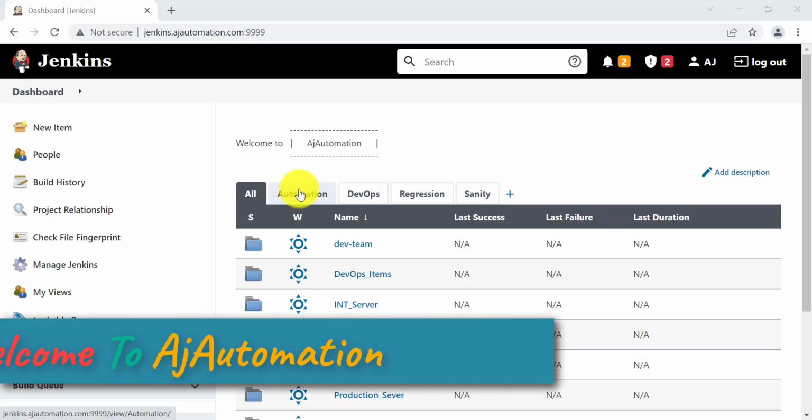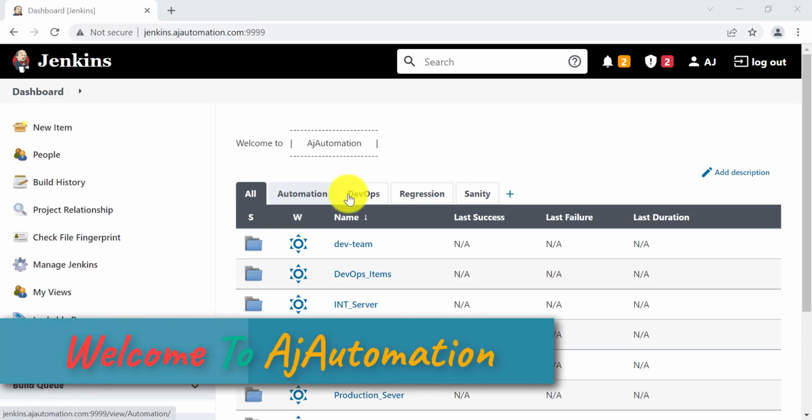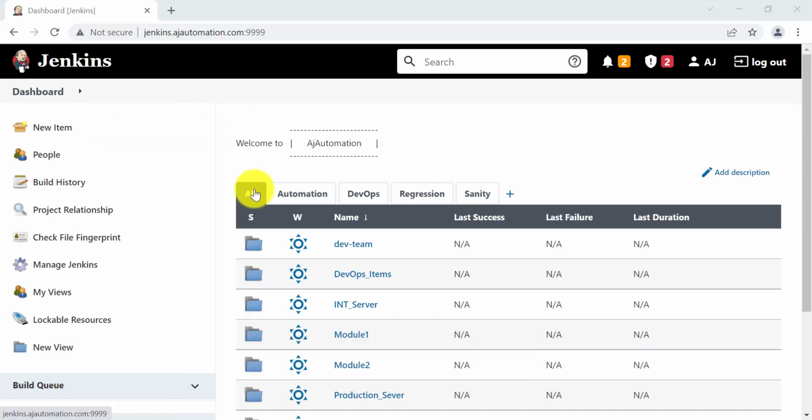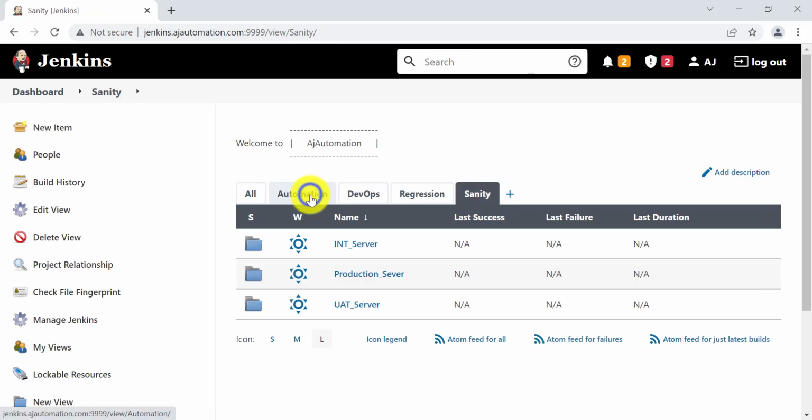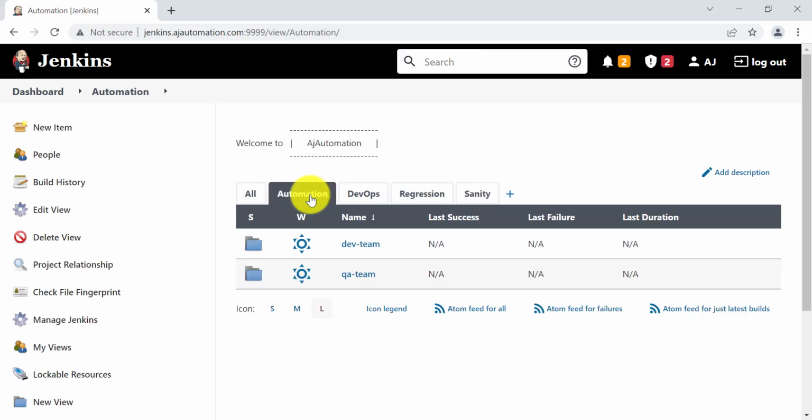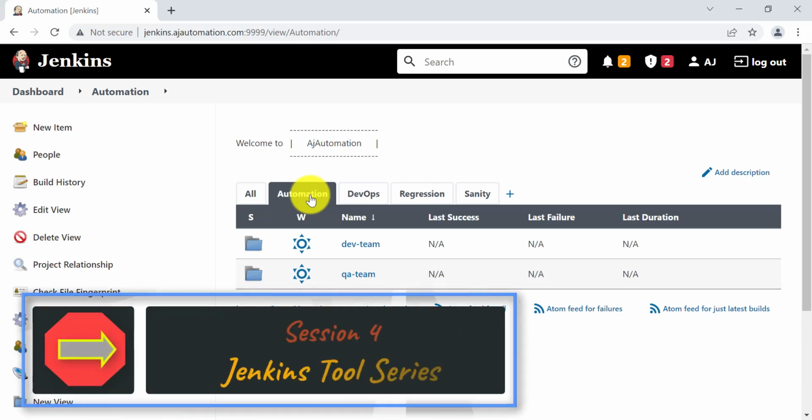Hello guys, for the next few practical sessions I have created some sample views here on my dashboard. So you can see all is available by default. I have created this automation view, then DevOps, regression and sanity. I have divided my multiple Jenkins jobs into multiple folders, categorized such that it will be easy for me to manage and find